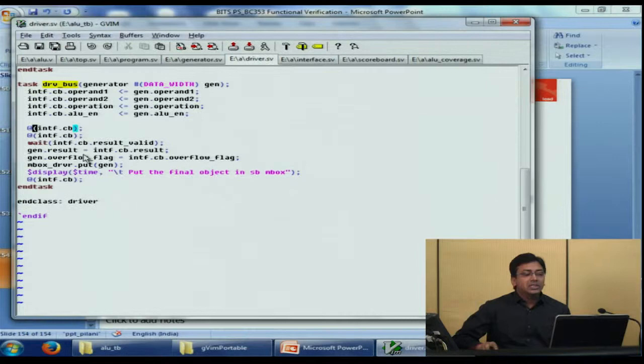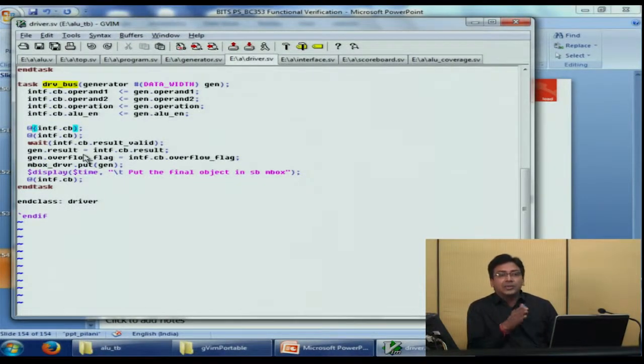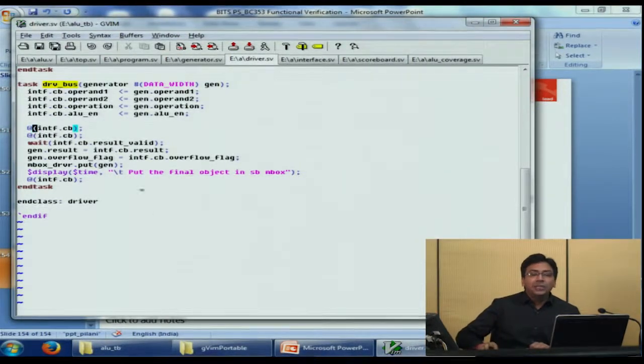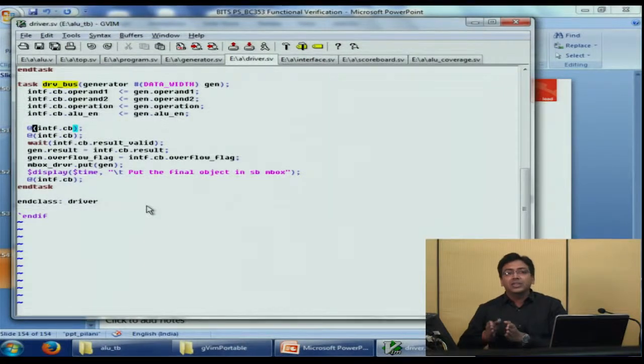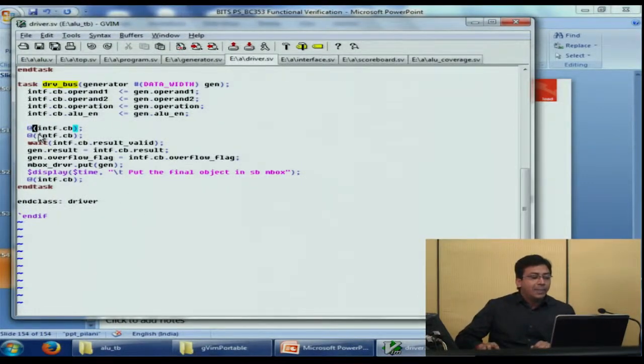What do we do after that? If you remember the specifications, it says that the DUT must drive the values in the next passage of clock after receiving the inputs. And if you understand it pictorially, it means that if data is driven at one passage, the DUT will drive the output at the next passage, and the test bench should be able to sample the output at the further next passage. That is why we have given a gap of two clocks here. So intf.cb waits for 1 clock cycle.